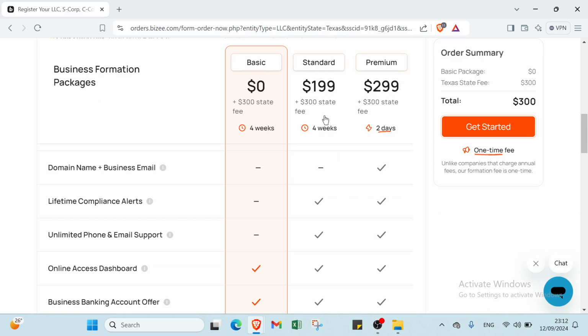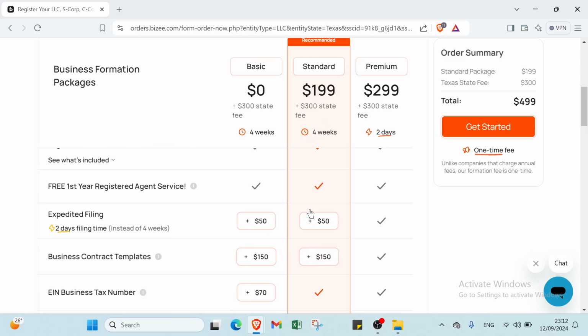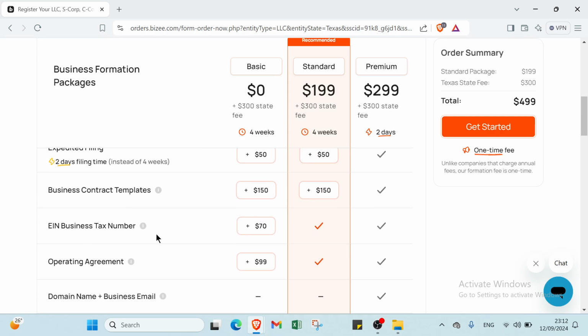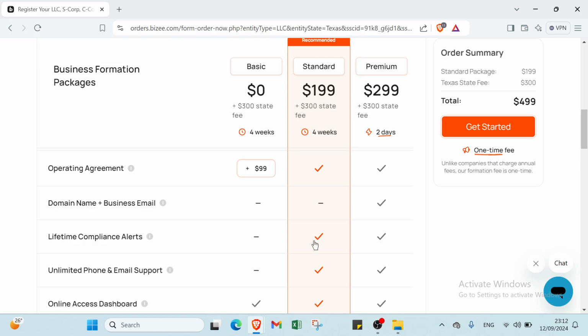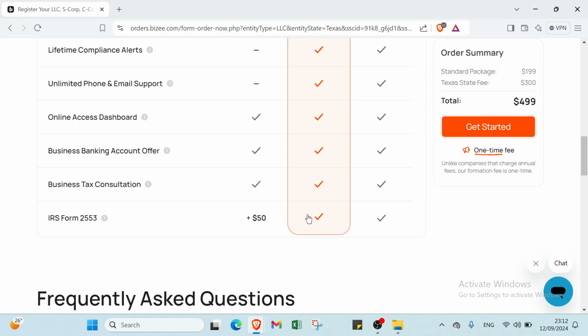And then the second package is the standard one. You have to pay $199 plus $300 of state fee, and it's 4 weeks as you can see, but in this one we have more things like a business tax number, an operating agreement, lifetime compliance alerts, limited phone and email support, and also an IRS form